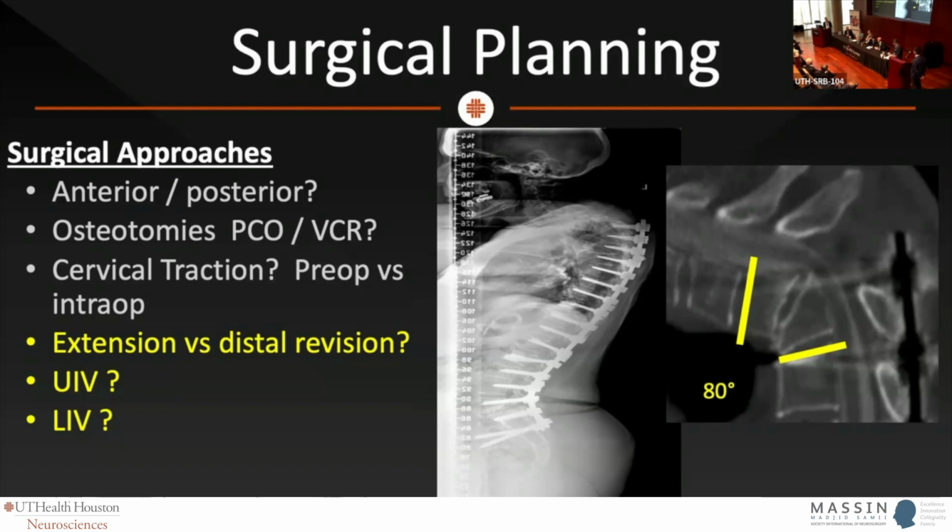I think you have to have a surgical plan. You've got to know where you want to put this person ahead of time. This is not a wing-it surgery. I'm not saying anyone's suggesting that, but I do think you need to have a plan. If you fail to plan, you plan to fail. So I think you need to have some alignment goals and some idea about where you want to go.